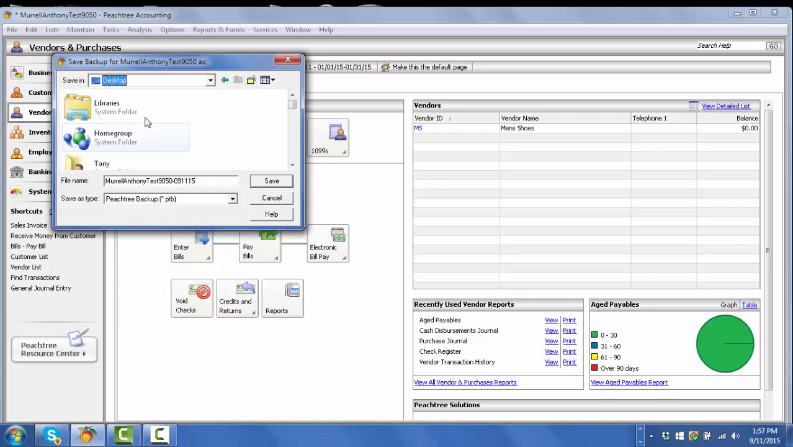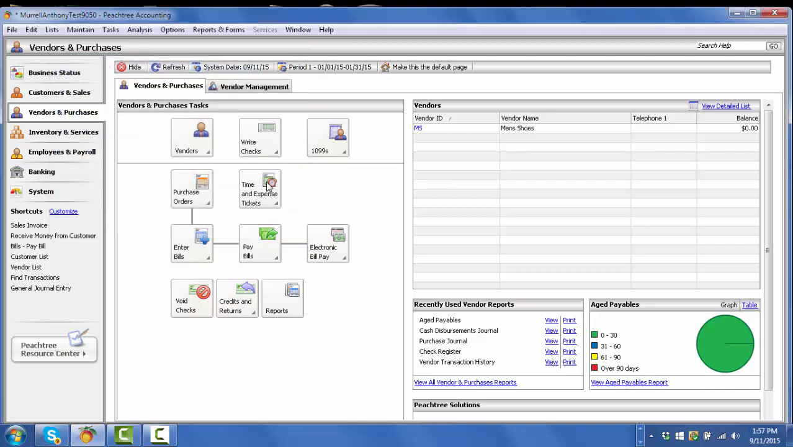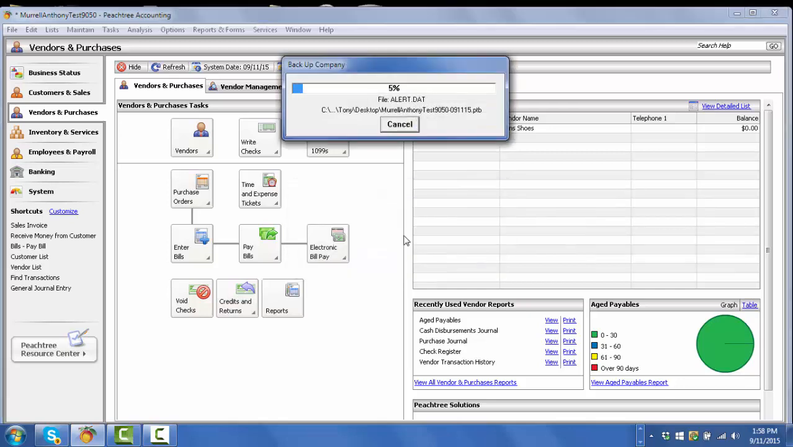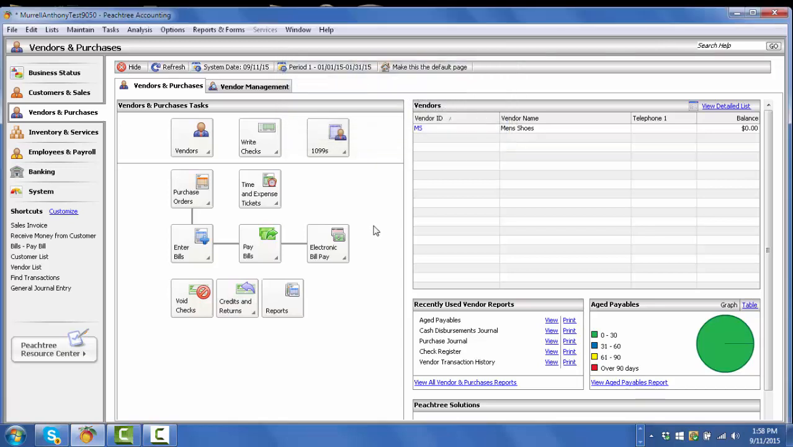So that's our backup file that we've saved to the desktop, and so we're going to click on that, and now it's going to tell us how much space that requires. We say OK, and now it's backing it up. Okay, now this file is on the desktop at the moment,